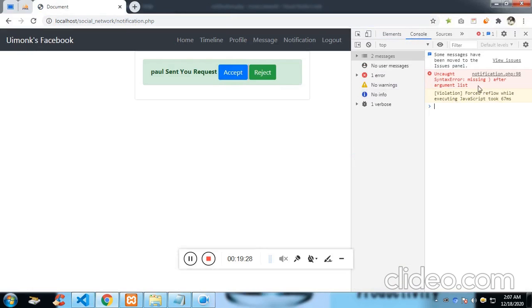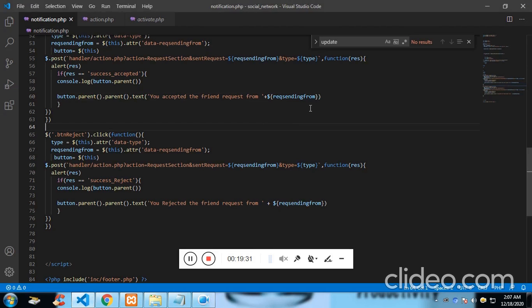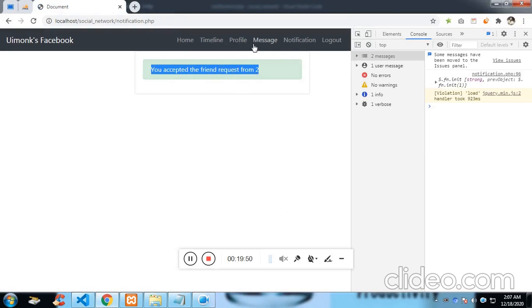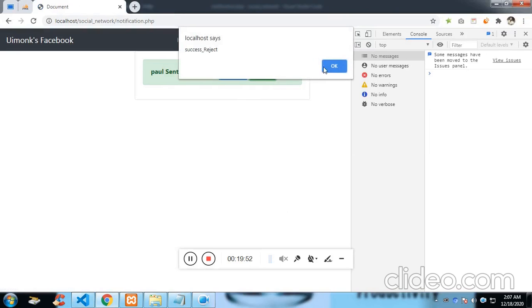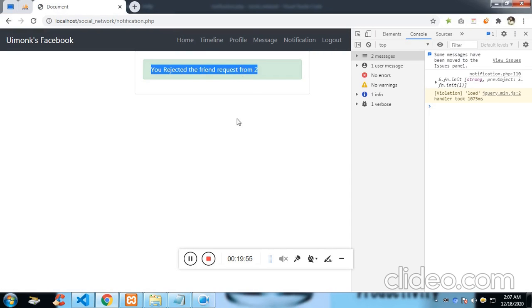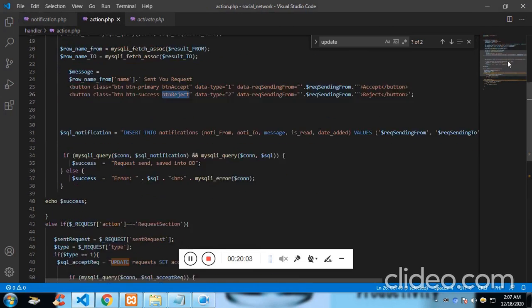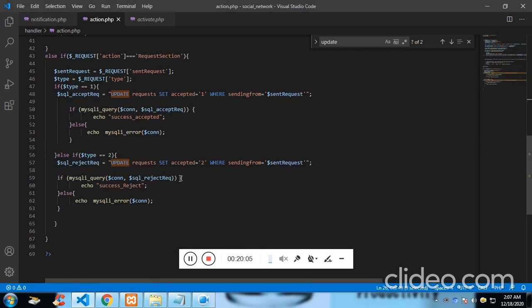There's an error missing. We can directly write without the template literals. Accept, and if you click reject, and if you want to be more clear, and from the request where you're actually sending,